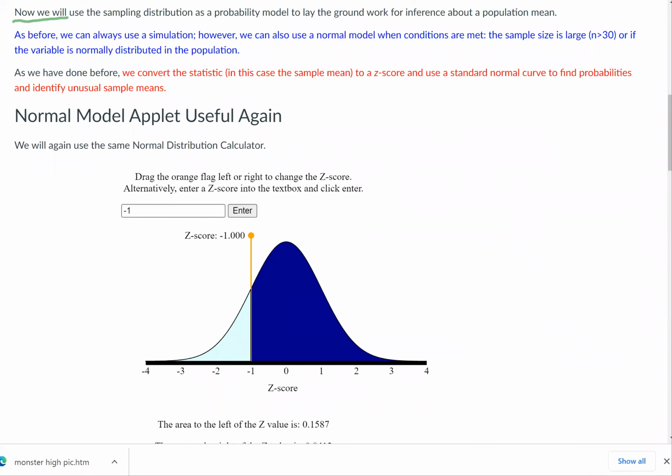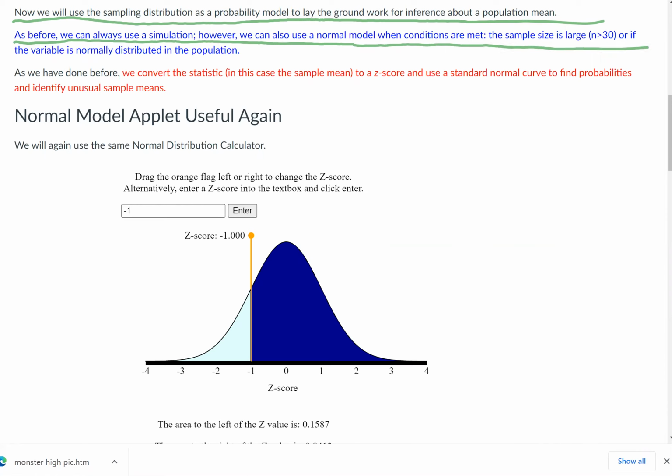On this page, we will use the sampling distribution as a probability model to lay the groundwork for inference about a population mean. As before, we can always use a simulation. However, we can also use a normal model when conditions are met. The sample size is large if n is greater than 30, or if the variable is normally distributed in the